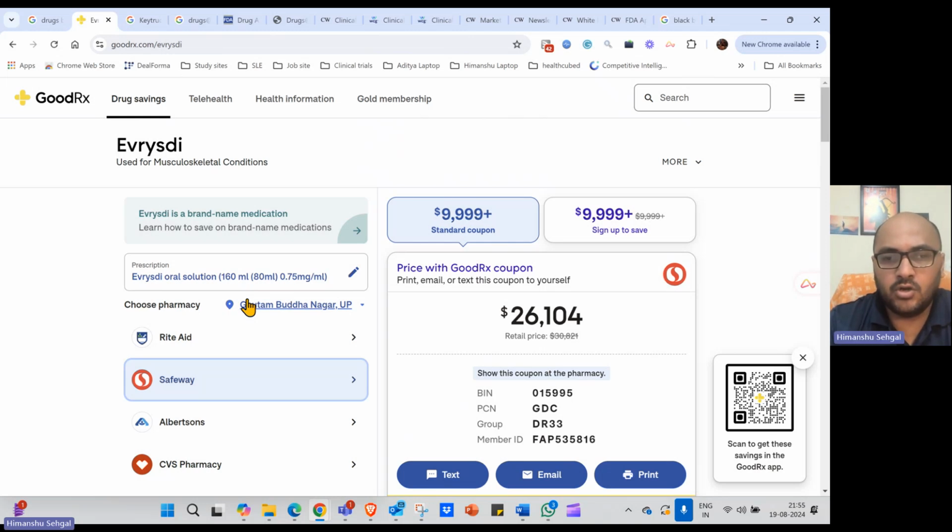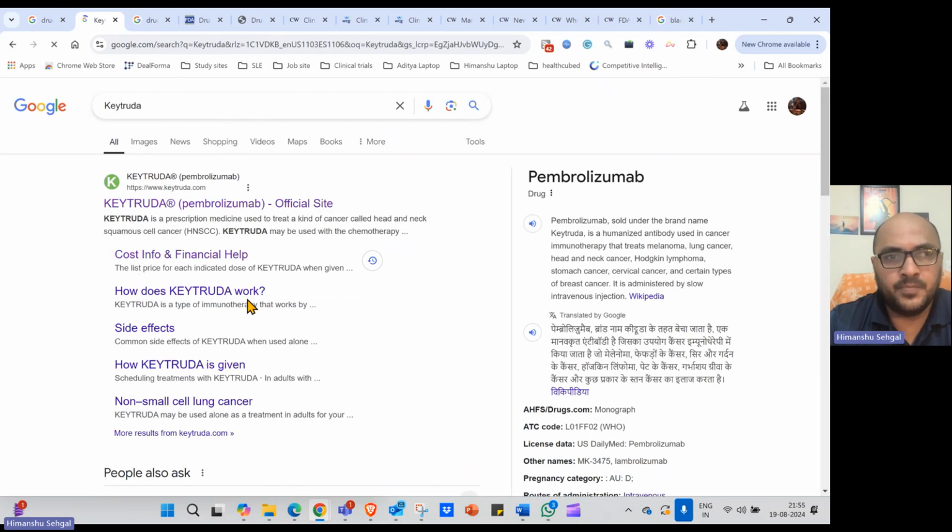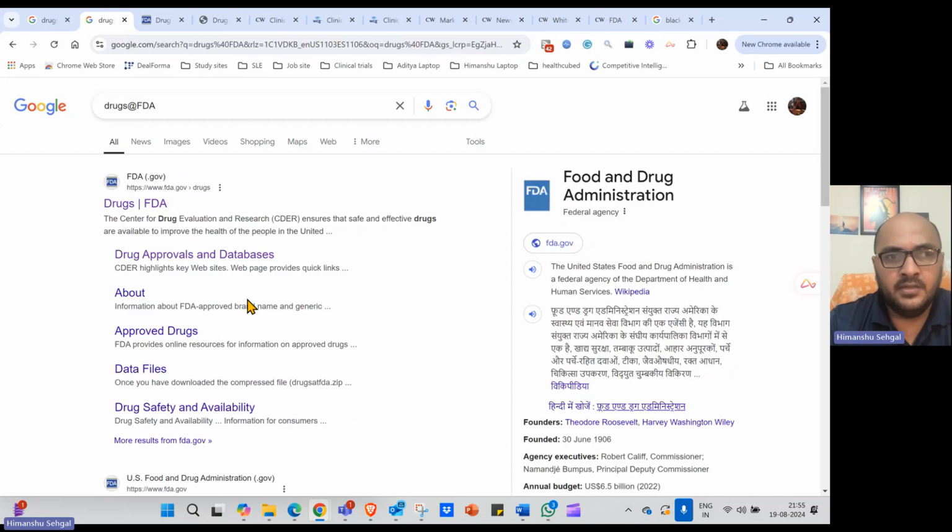Actually, rather than drug.com, this is a little better source for this kind of information. Now we've already covered website PI. Now let's go and cover